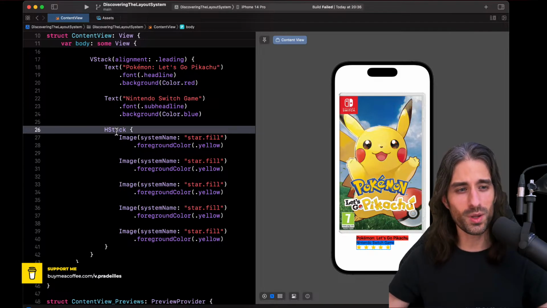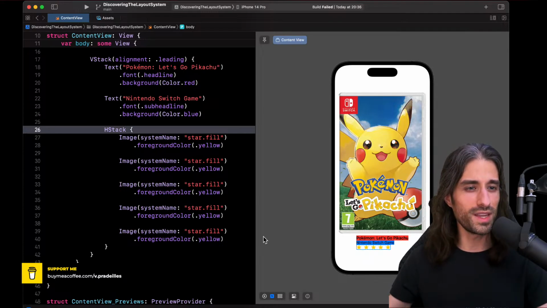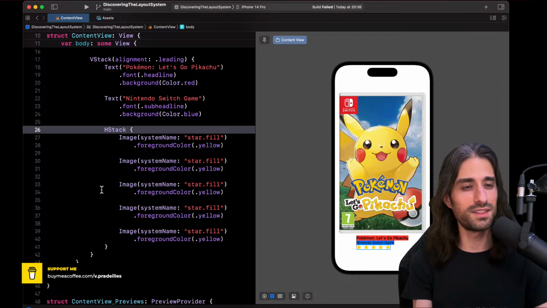So if you're watching the replay, this is one of those times where I suggest that you put the replay on pause and try to fix the issue by yourself. So how do you remove this extra spacing between the views inside the HStack? I'm not going to pause on the live stream, so I will immediately resume and give the answer.